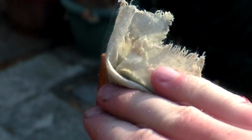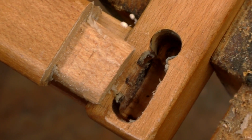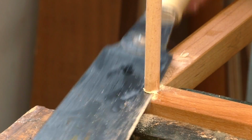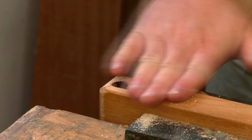Eventually I got all 6 of the chairs repaired, and there were many more bad mortises to deal with too, like this one for example. But this one was quite easy. I filled the hole by adding some wood glue to a piece of 12mm dowel, and then I could trim